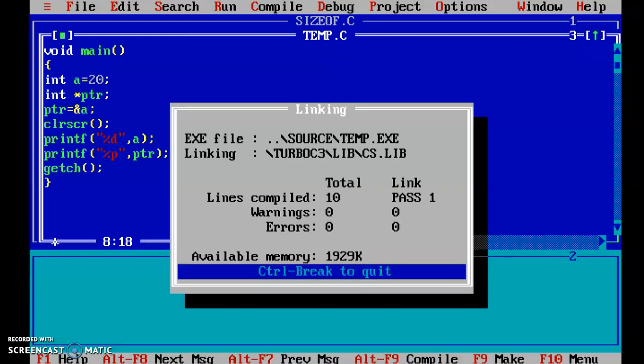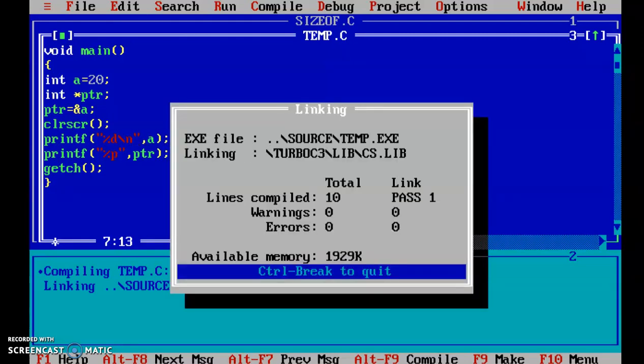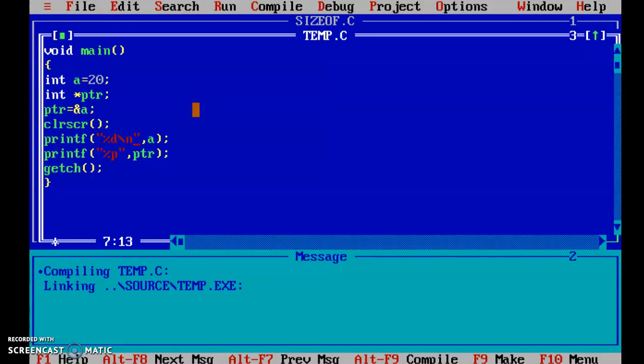Now I will run it. Okay, so it is just because we have not given \n. So first answer is 20 and another FFF4 answer is address. So just I need to give here \n after %d, so I can see two different outputs, right? Now